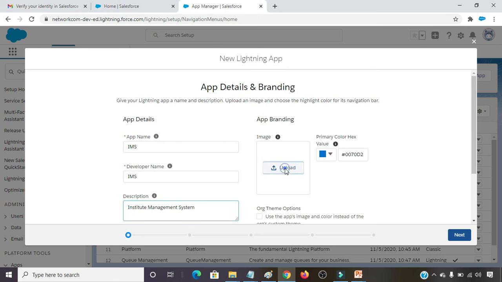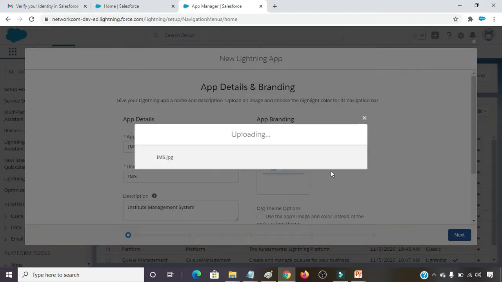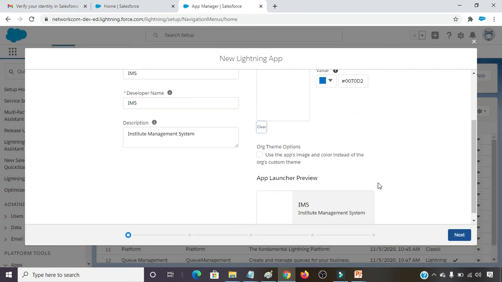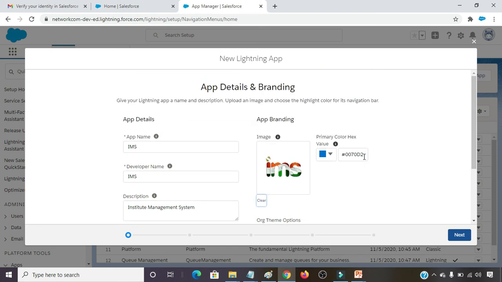Image. For image, just click on upload. Choose one image. I am providing here image IMS. See, this image is coming. Click on next button.